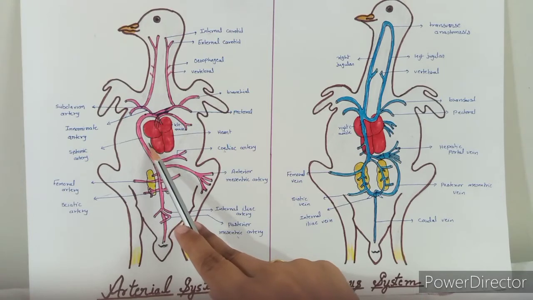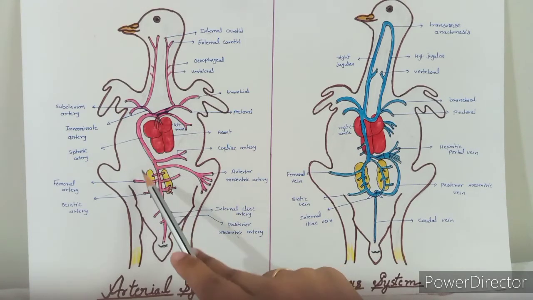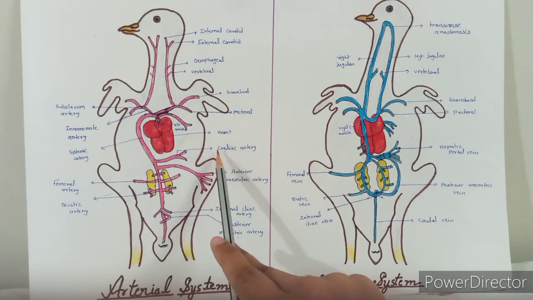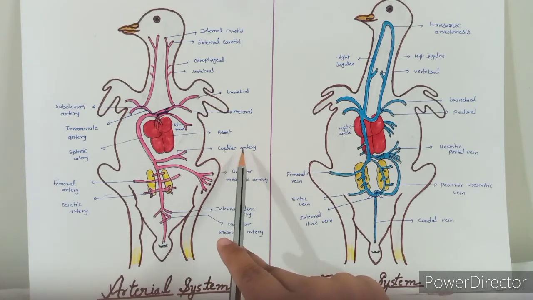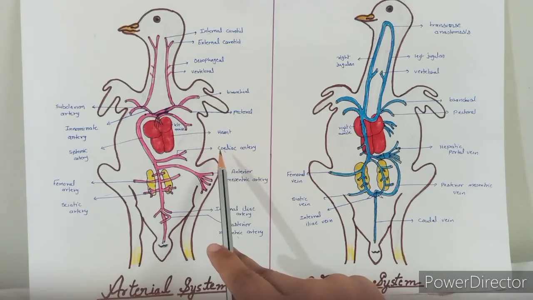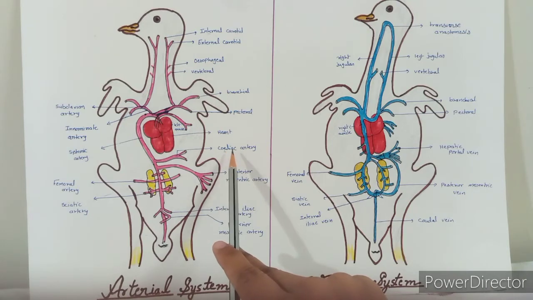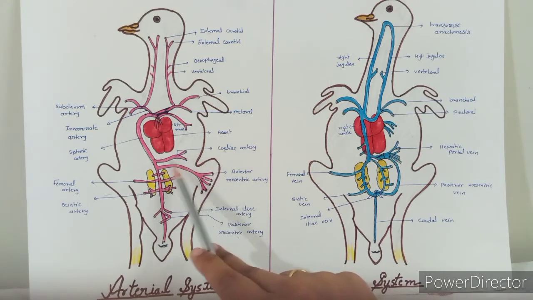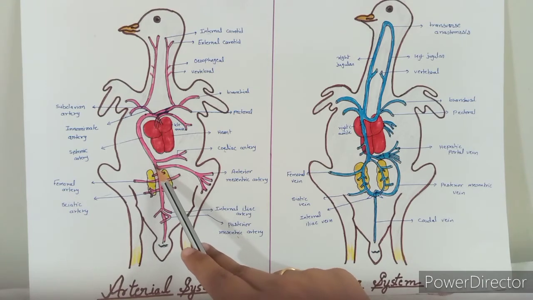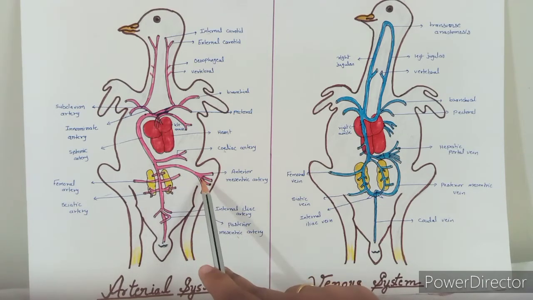It goes to the lower side of the body, and it is divided into the celiac artery, which is a single and strong artery that goes to the duodenum, liver, spleen, gizzard, all the digestive organs. Okay, then next to go down, we just learned about the anterior mesenteric artery. This goes to the small intestine.